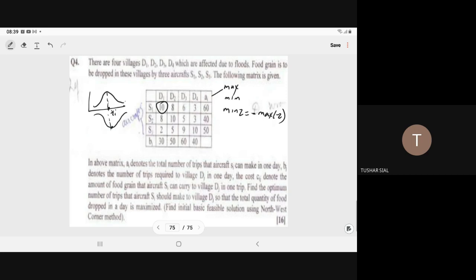If you convert your maximization problem into a minimization problem by taking the minus of maximization of minus z, or maximization of z is the minus of minimization of minus z, using this concept we can compute the optimal value of both problems using the same algorithm, whether we have a maximization problem or a minimization problem.